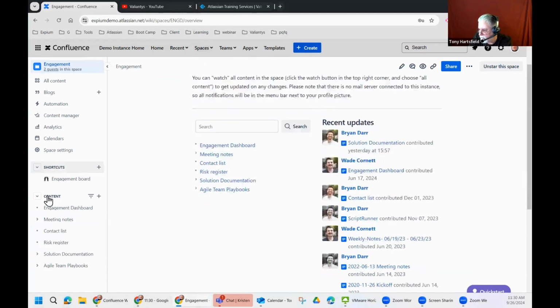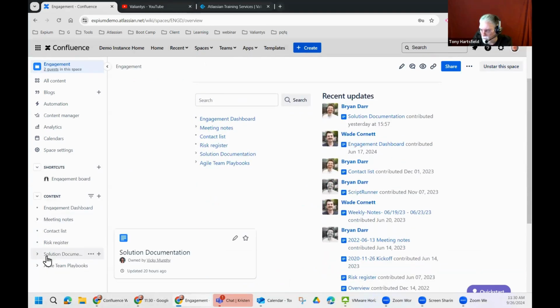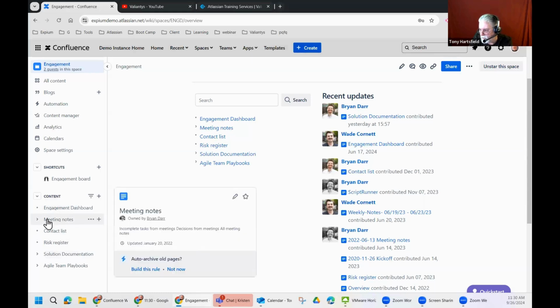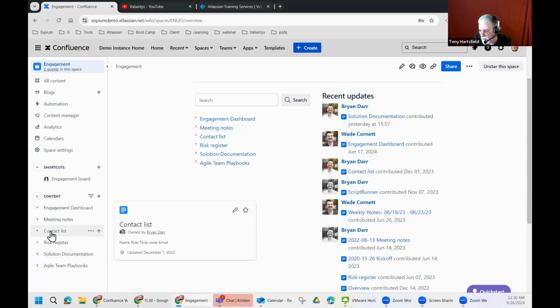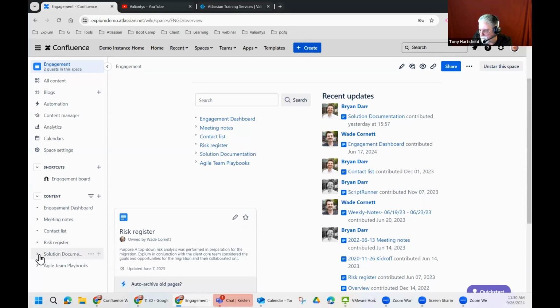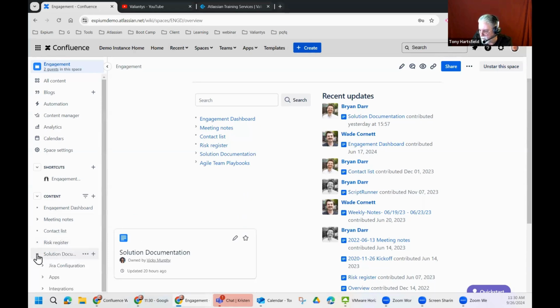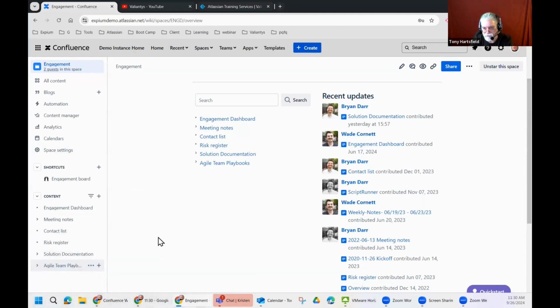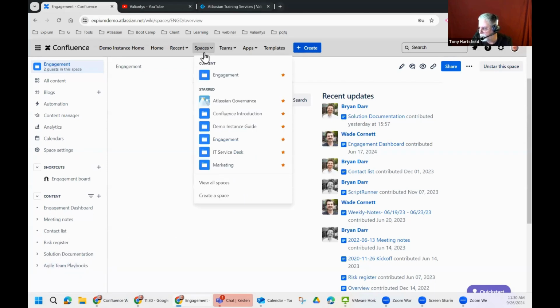engagement page. The other thing is, here's the layout just to show you again, the engagement page. That was the dashboard, but this is where we keep our meeting notes, contact list, our risk register, any type of documentation, agile team playbooks. So this is a really useful single location for those things. Going back to the marketing space,